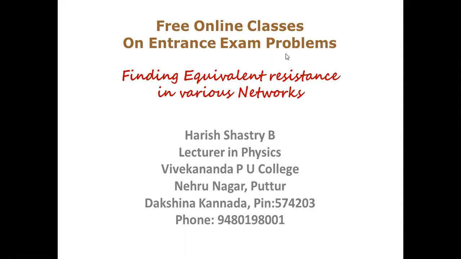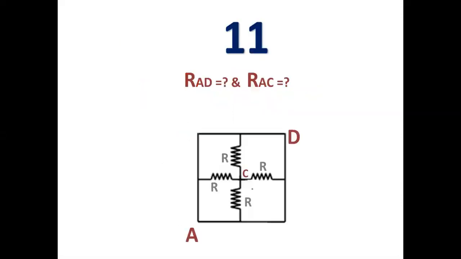We have been discussing different methods of finding equivalent resistance in various circuits. We have solved some 10 easy networks. Now we will move on to a little bit tougher circuits. Tougher in the sense that they have many resistors. That's all, and nothing more. When you have enough stuff in your mind, they do not become tougher for you. Okay, so now we will move on to the 11th question.